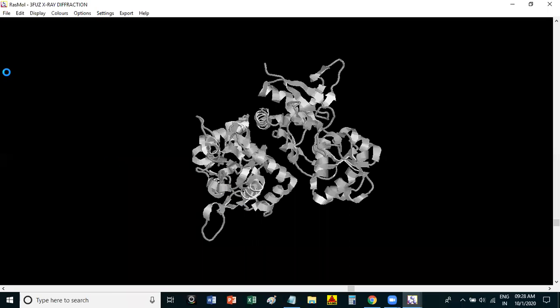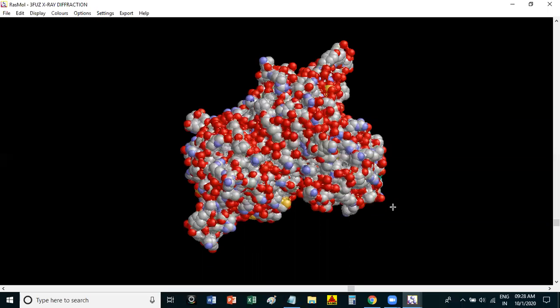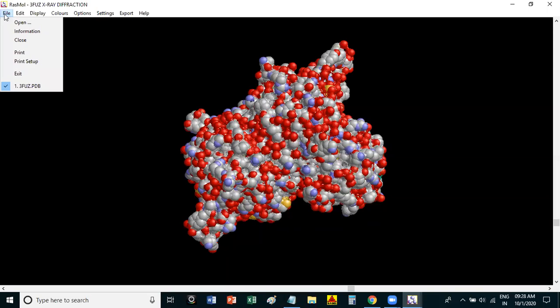Mainly after visualization you will be using one more option. This is the same protein having a different display. In the File option, you have to go to the Information option.